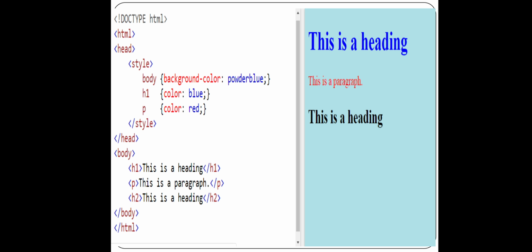Agree? Now, what is given in the third line? The H2 tag. This is a heading. If you see, it is printed as it is in H2 size. Why? It is H2, so it will print H2 size text, but there is no styling applied to it. That is why it has come as it is. So I hope you have got all the examples I have taken. If you have any query, you can ask me.